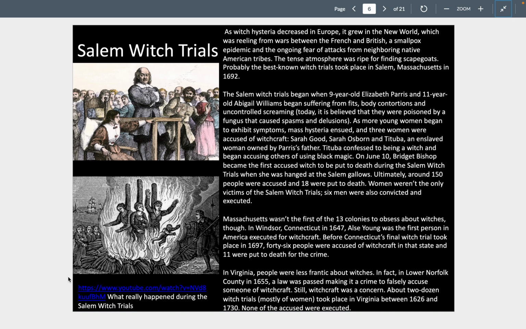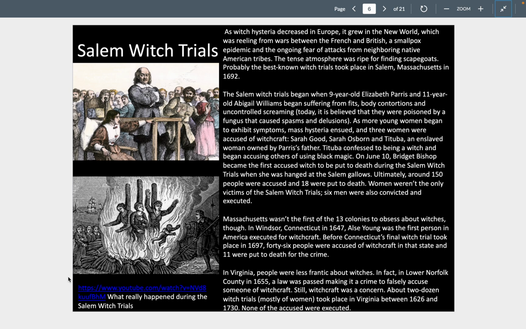Salem witch trials. So as the witch hysteria decreased in Europe, it was growing here in America, which was reeling from wars between the French and the British, smallpox epidemic, and the ongoing fear of attacks from neighboring Native American tribes. The tense atmosphere was ripe for scapegoats. And probably the best known of these is the witch trials taking place in Salem, Massachusetts in 1692. The witch trials begin when a 9-year-old named Elizabeth Parris and 11-year-old Abigail Williams begin suffering from